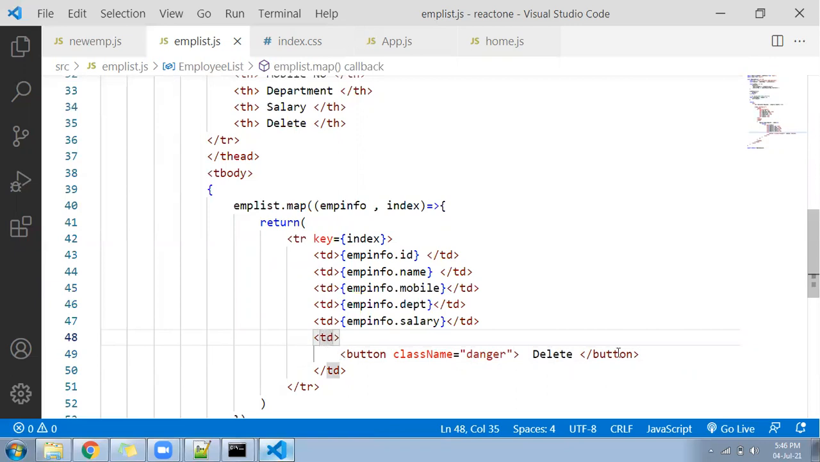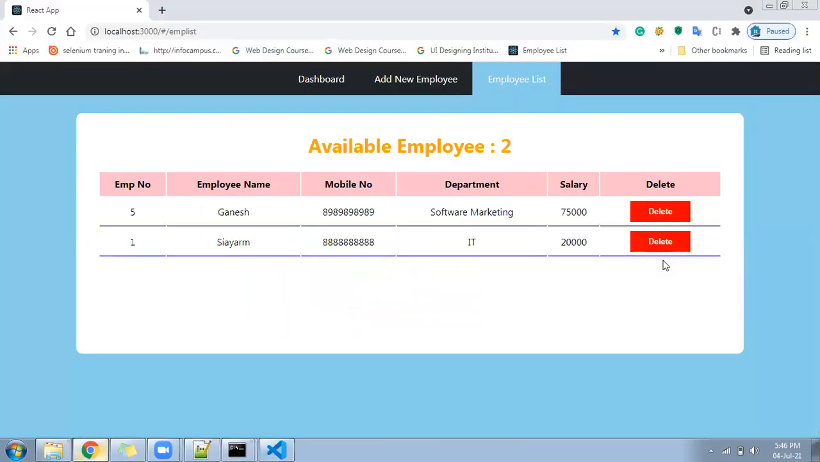Now let me look into the browser whether we are getting the button or not. And if the button is coming, is it coming in the red color? See, awesome. Two buttons came in red color. Perfect. Now go there, on click,